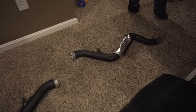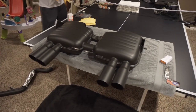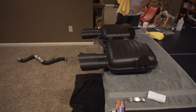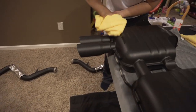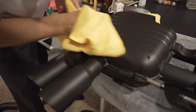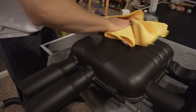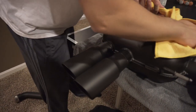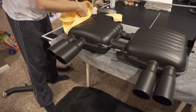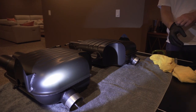But we've got enough product that we can do it, so might as well. Taking the necessary precautions here so we don't spill anything on this carpet. So yeah, just cleaning all the fingerprints and everything off of it, and then we'll throw some gloves on. And again, we're just going to do the top side and the tips for tonight. Exhaust has been prepped, alcohol,